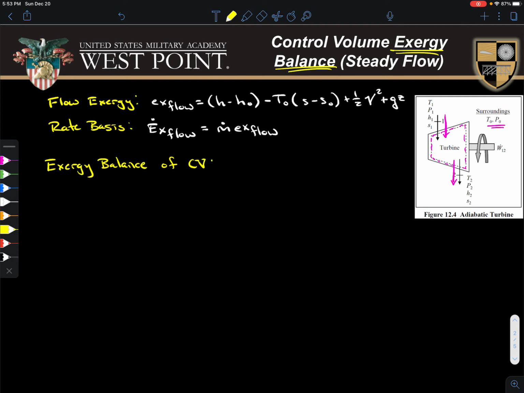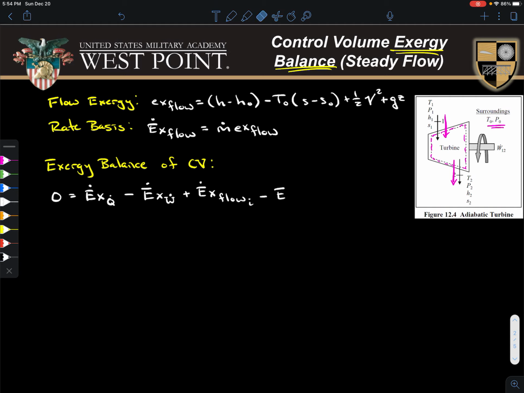We could define this as 0 is equal to the rate of exergy transfer as a result of heat transfer, minus the rate of exergy exchange as a result of work, plus that critical term that I have up there, which is our flow exergy at the inlet, and we would then say minus our flow exergy